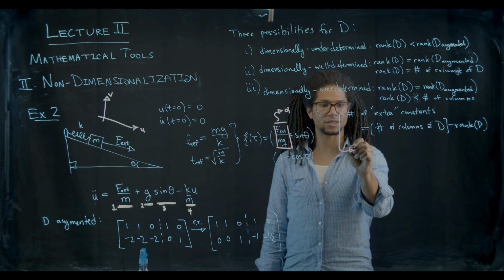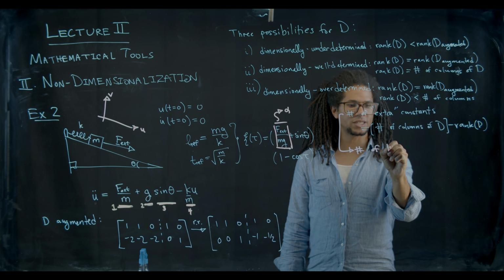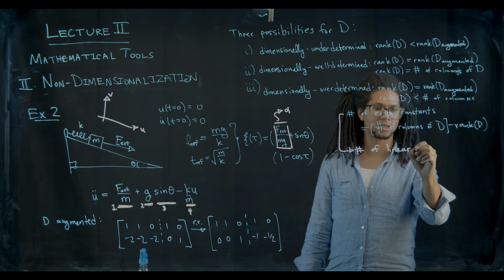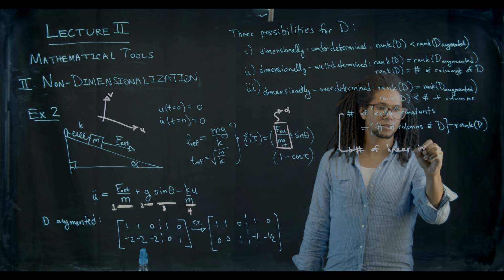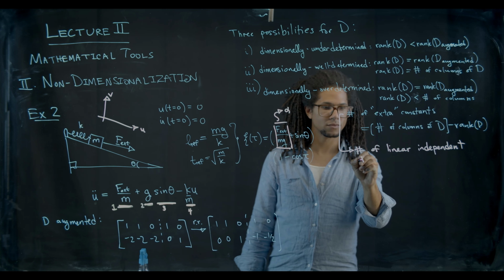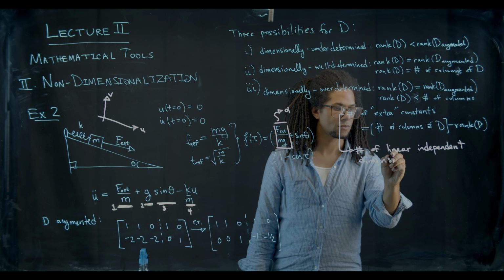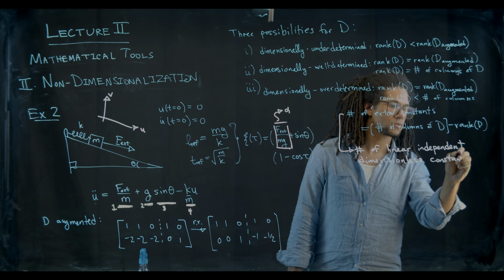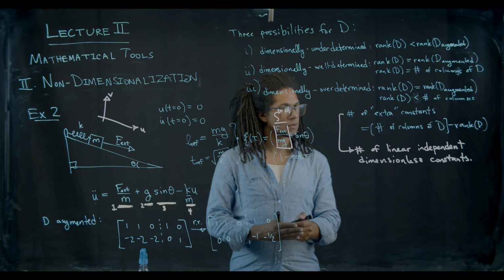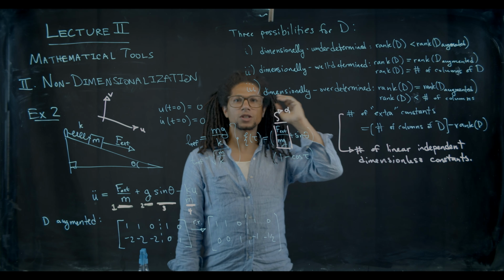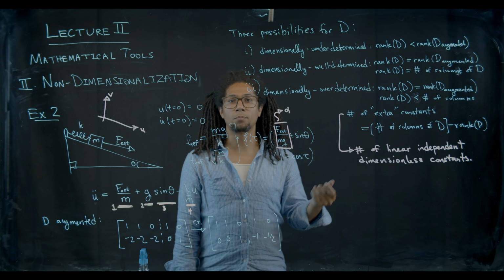So this is the same as the number of, let me say, linearly independent dimensionless constants. We can, of course, combine them into new dimensionless constants. And that's really important. Now, in our first case, where we were dealing with a ball thrown up in the air and then pulled back down due to gravity,